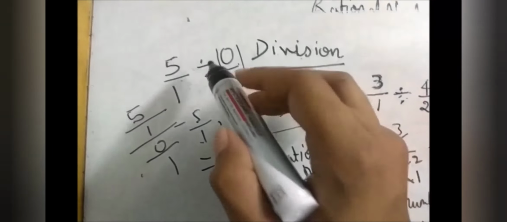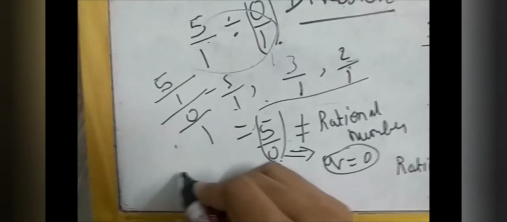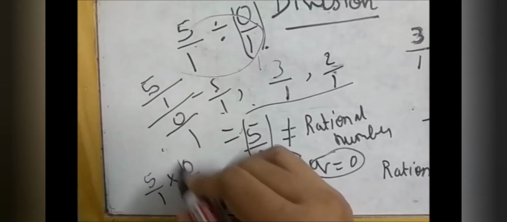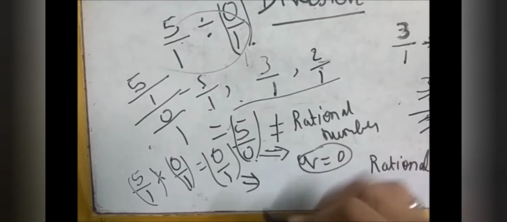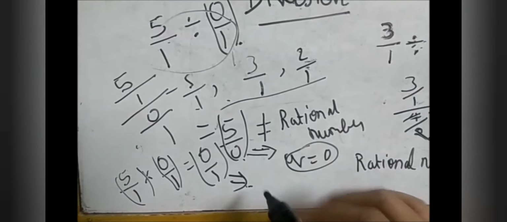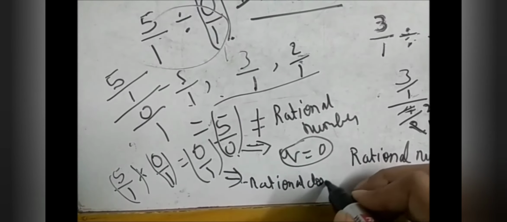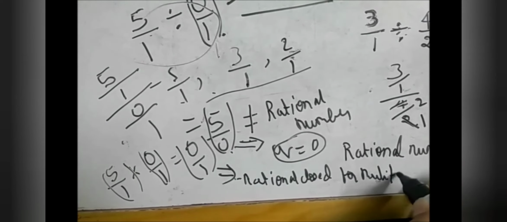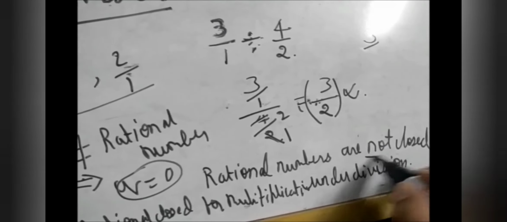You guys can think, why didn't we use this in multiplication? We can use it: 5 by 1 into 0 by 1, because this is a rational number and this is a rational number, we'll get 0 by 1, which is a rational number. So the rational numbers were closed for multiplication, but it is not closed